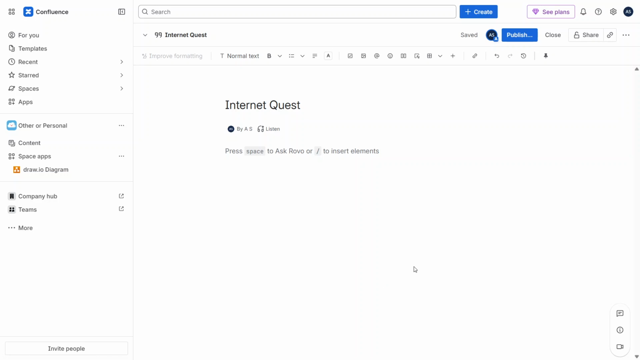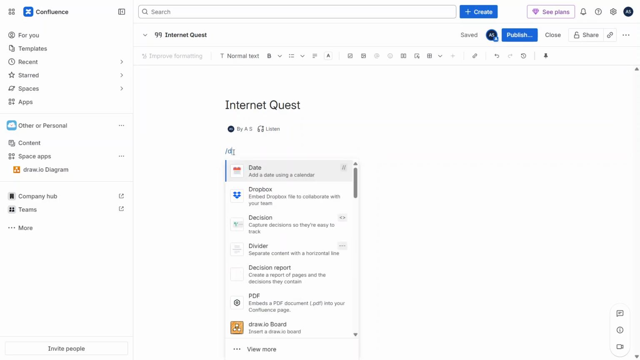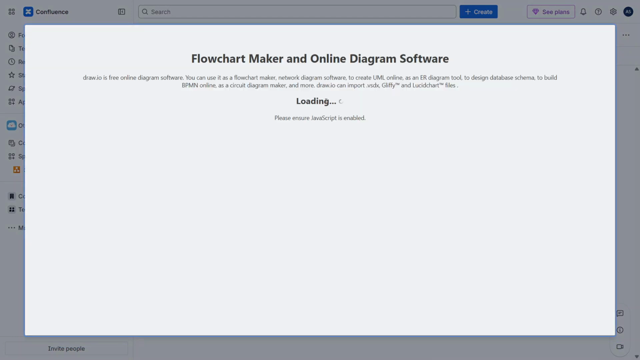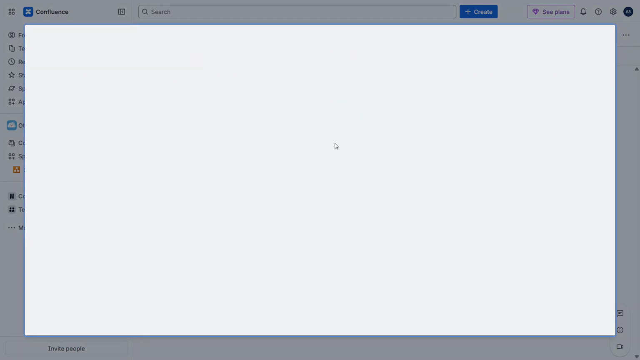Once you're inside the page editor, click in the exact area where you want the draw.io diagram to appear. After that, type a / followed by draw.io. This will bring up a list of suggestions. From those options, select draw.io diagram. A pop-up window will appear, and at this point, it's important to give it a moment to fully load before